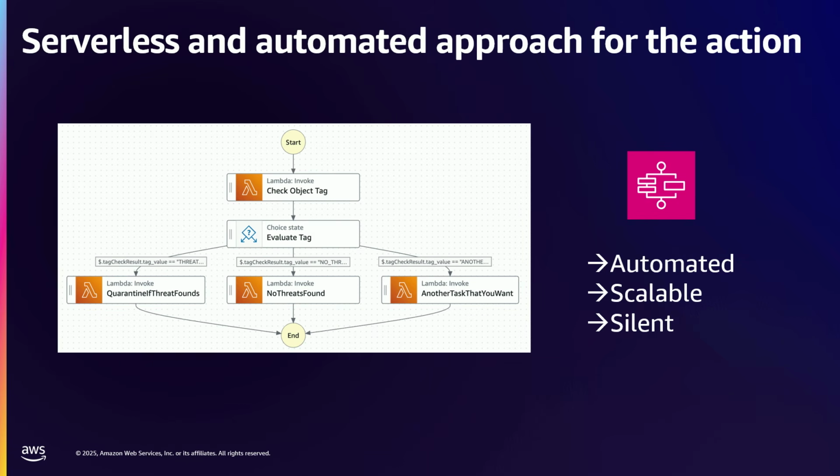So at this point, as you can see, there are a few key benefits for this architecture. First of all, it's all automated. We don't need any security engineers at this point. We just need to focus on the logic and the business flow. And it's scalable. You can add whatever you want, whenever you want, to this architecture. And it's silent for the clients, for attackers, and for the normal users, actually.